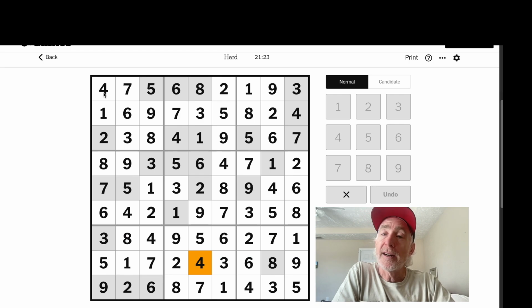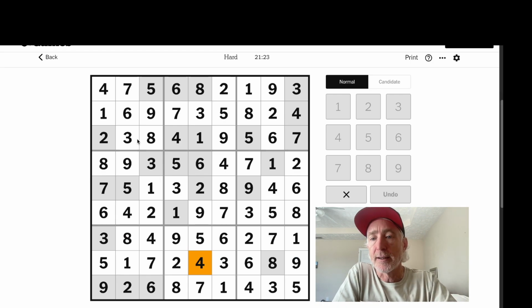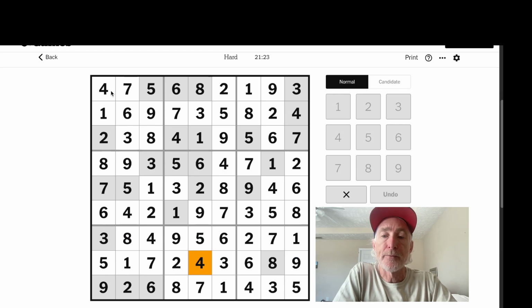There were a couple locked candidates, so we had the 4s. Like, I remember the 4s being locked into these two columns, which made 4 have to be here. And then I think we had that with the 8s as well. Yes, these 8s right here. So that allowed me to pencil in 8 in one of these two cells. And those can be hard to see sometimes. So those, for me, I think were the keys that I remember from the